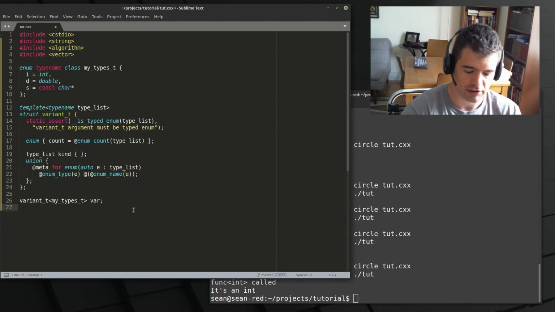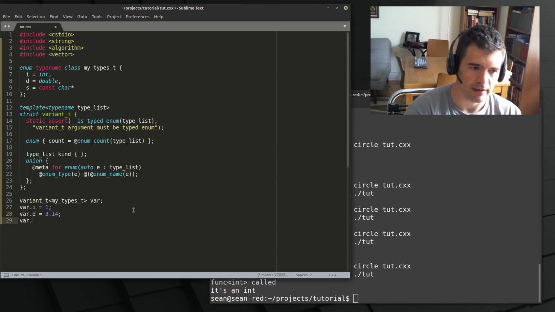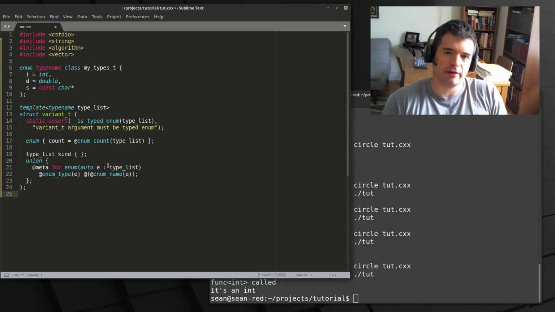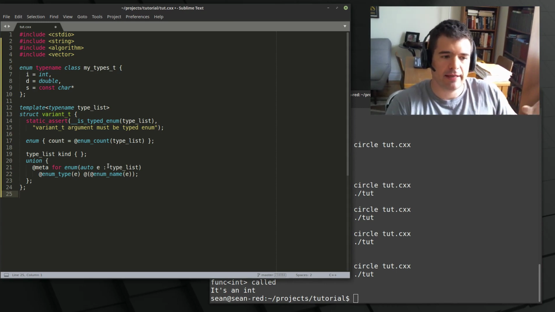So this is really nice because now we can say, like, this is the integer part, this is the double part, and this is the string part. It helps with debugging and whatever else. So this is a flat data structure, and it has exactly the names that you specify. So let's try to do a visitor pattern on this. We're going to try to unpack the data in the variant, the active variant member in the data, and then pass that